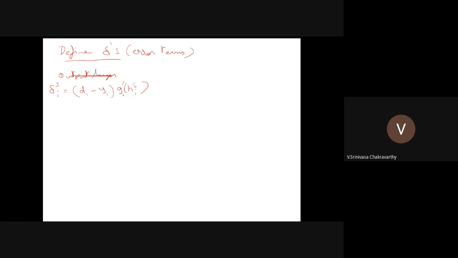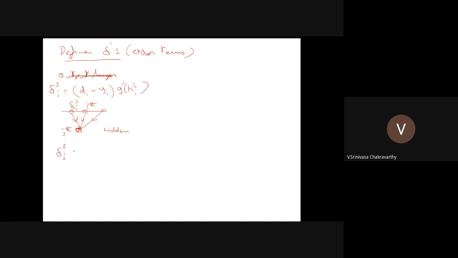Now, once you have the deltas at the ith output neuron, you calculate the deltas at the hidden layer by back propagating these deltas. Sorry, I'm getting these stray lines. I don't know why. I don't know how to get rid of them, but sorry about that. So this is ith and this is jth. So you have deltas available at the output, delta i. Now using them, you back propagate these deltas to the hidden layer. So this is hidden, and you calculate the deltas at the jth hidden neuron using this formula. So delta j